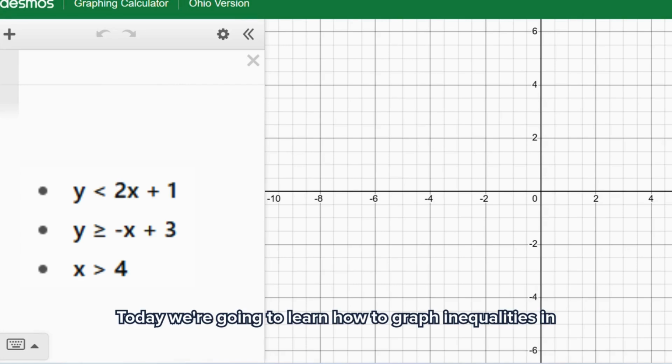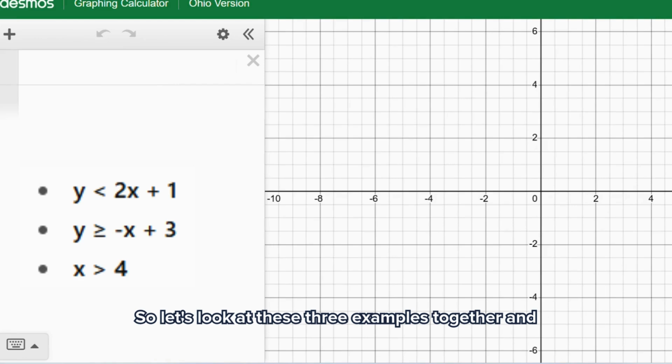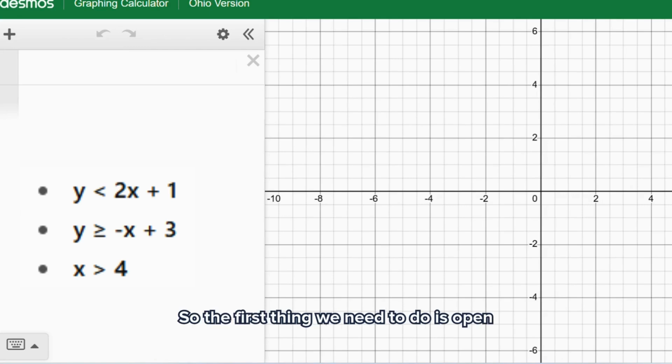Today we're going to learn how to graph inequalities in Desmos. So let's look at these three examples together and learn the difference between a dashed line and a solid line. So the first thing we need to do is open Desmos in your browser at desmos.com, or you can use